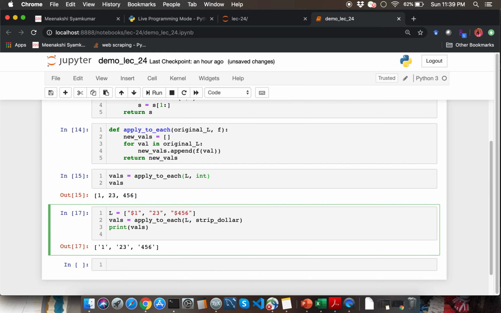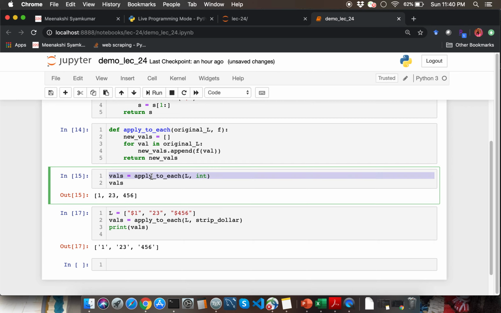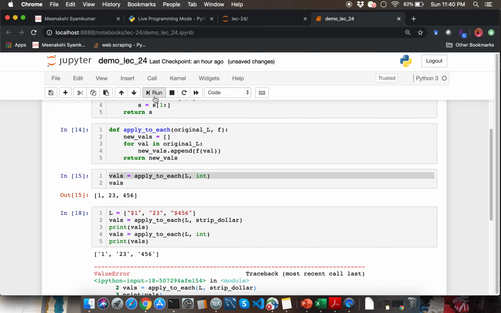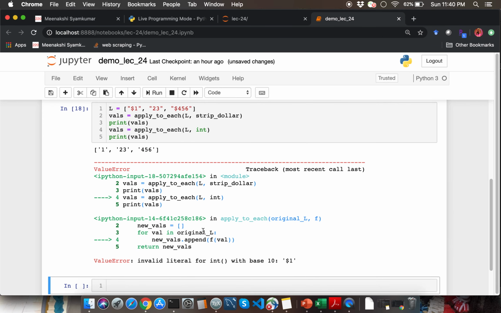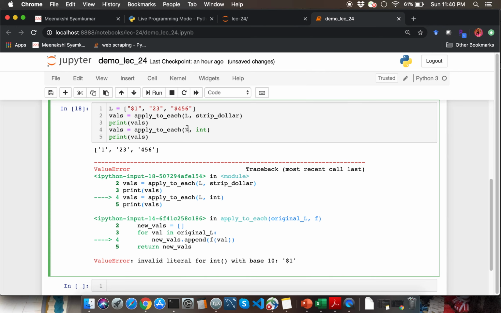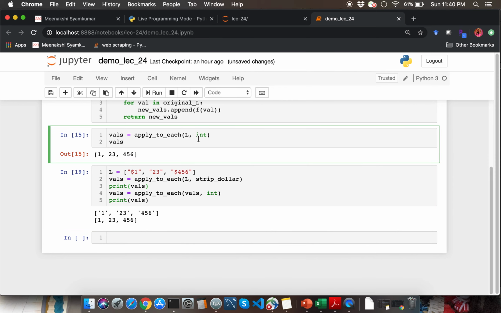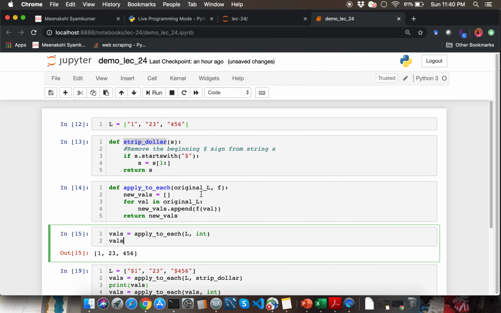Suppose you want to continue transforming this data, and say you want to add the conversion which converts to integer. So let me go ahead and repeat this particular function call. If I go ahead and run this, oops, okay. Oh, sorry, I passed L instead of passing val, so let me fix that. So as you can see, we have a two-stage transformation now, which is exactly how you can make use of